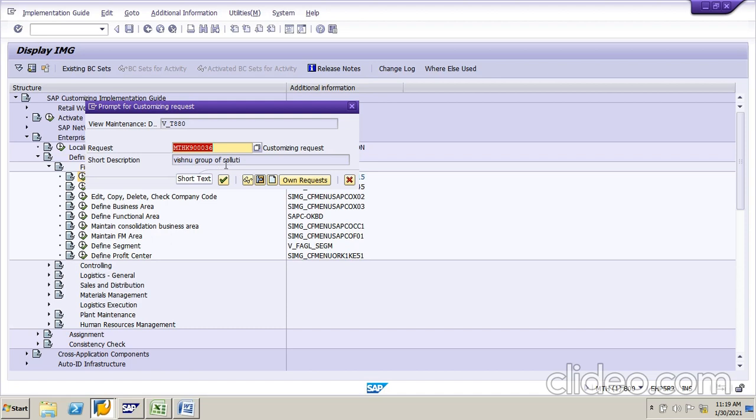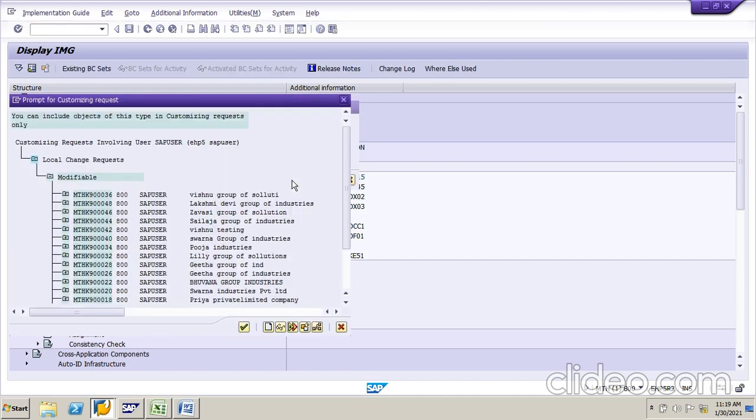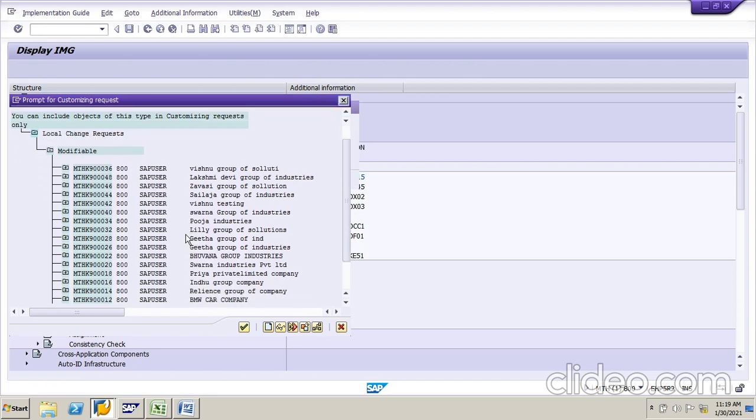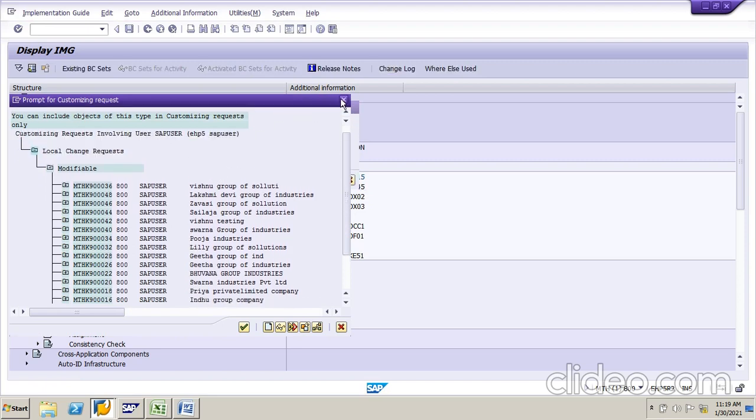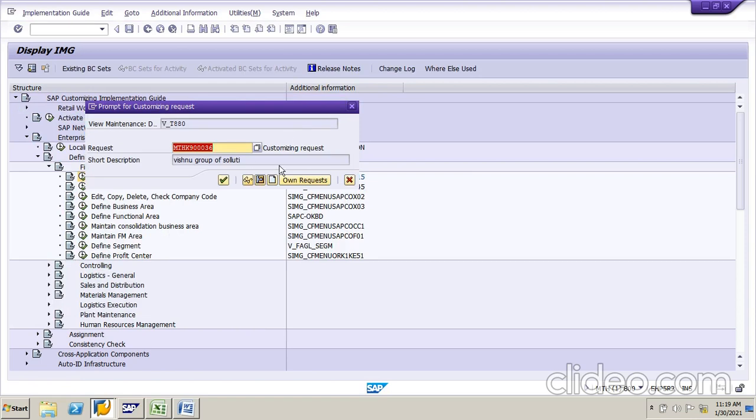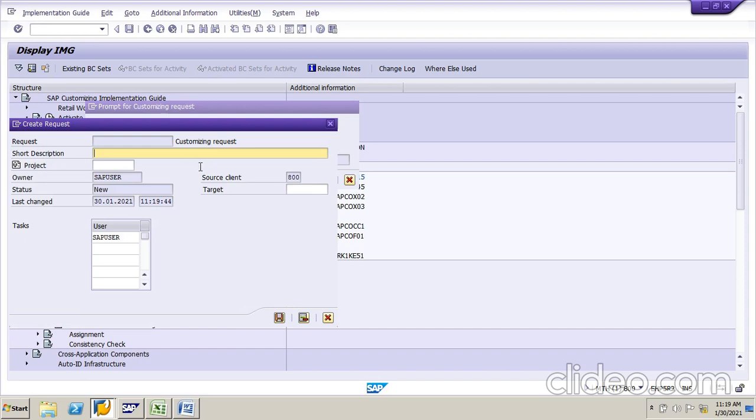So Vishnu Group of Solution, this is a different company. So this is the first step configuration, so we have to give our new request. Here you can see two types of options: own request and create request. Own request means if you have any previous request, you can get the previous requests here. Our company is not there because this is not a previous company. So the first time we are doing the implementation, click on create request.